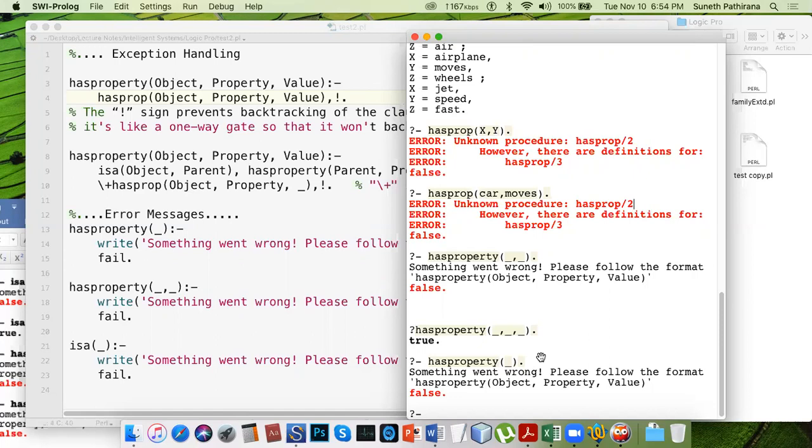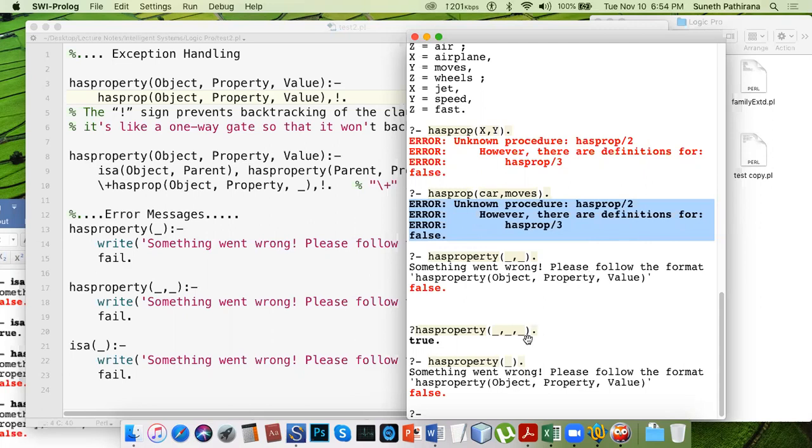Rather than just displaying the error in a too technical format, which may not be understood or familiar to an ordinary or non-technical user,